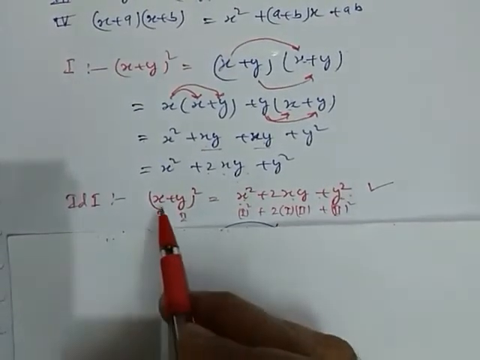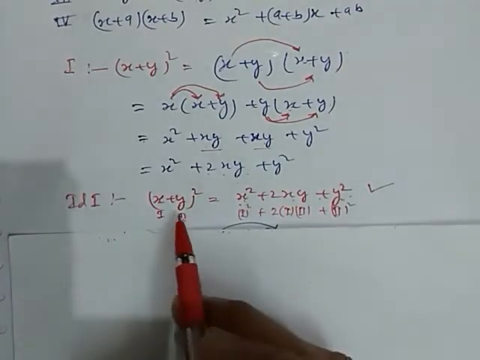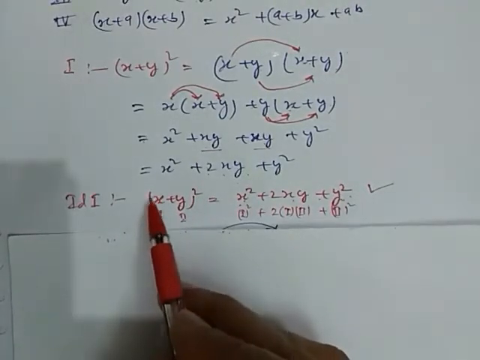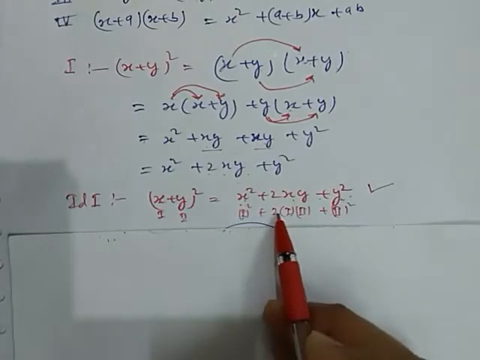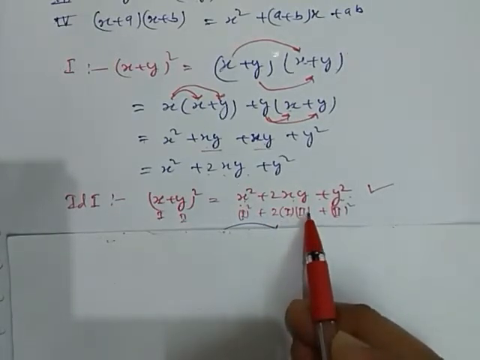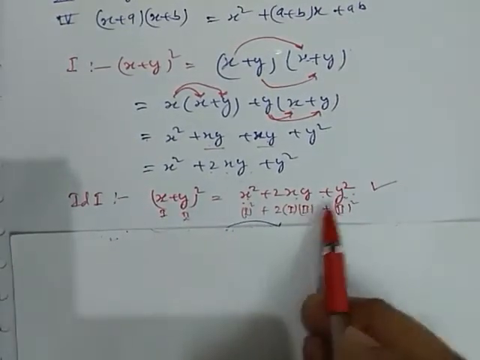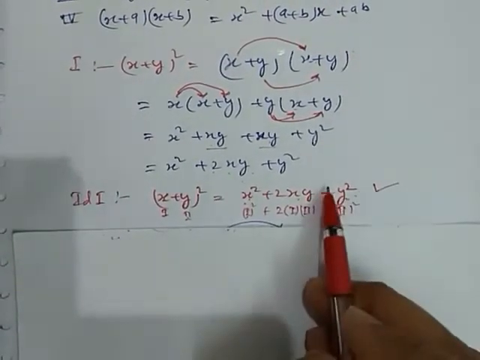What if we get two values and we take the square? What do we have to do? We make the square of the first term like this, multiply by 2 into the first term and the second term, and add the square of the second term. This way we can directly find this solution. Okay.